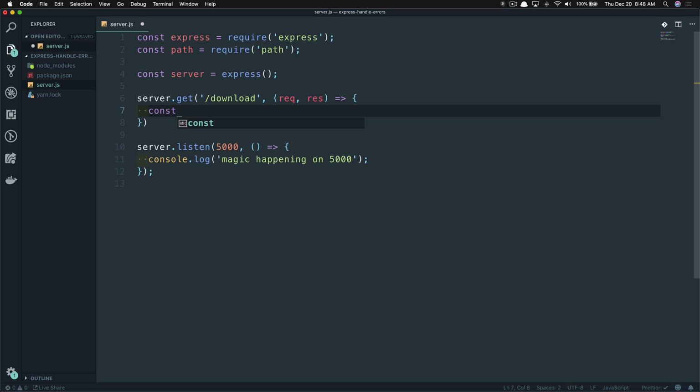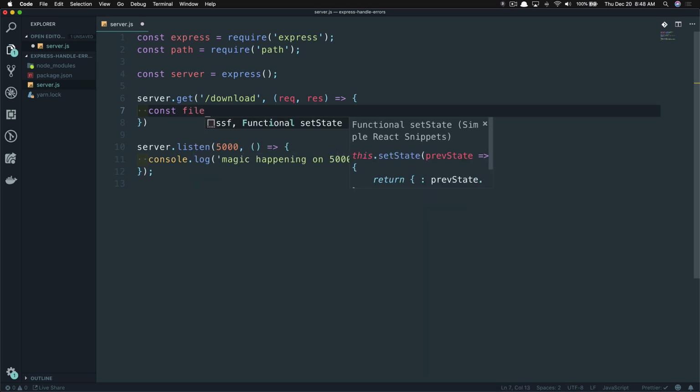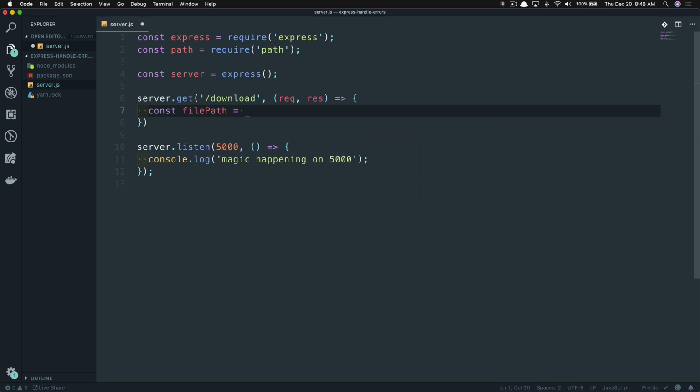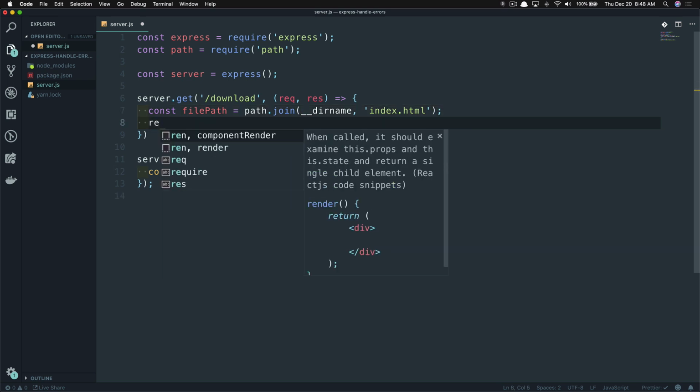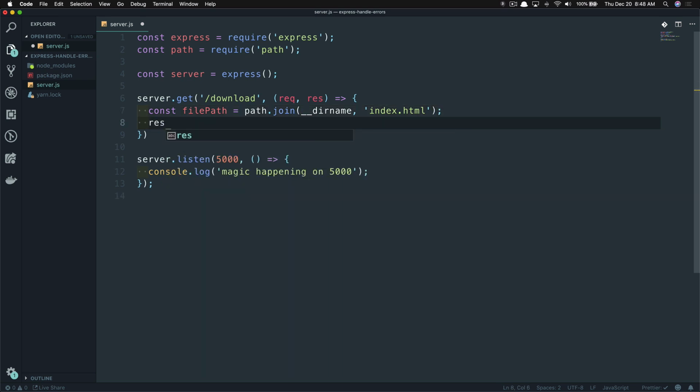So first, we're going to say the file path is going to be set equal to path.join, and then we're going to just pass a couple of arguments to it. First one is going to be the directory name, __dirname, and that's going to be then the index.html. Okay. And then we want to res.sendFile,